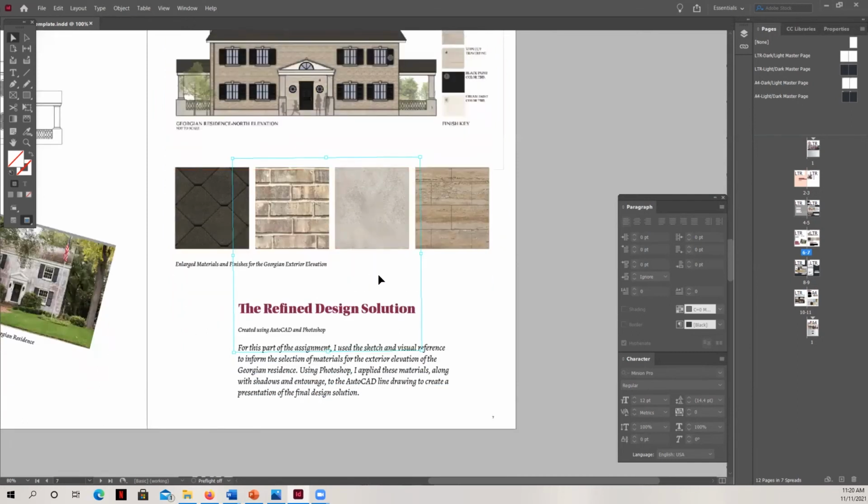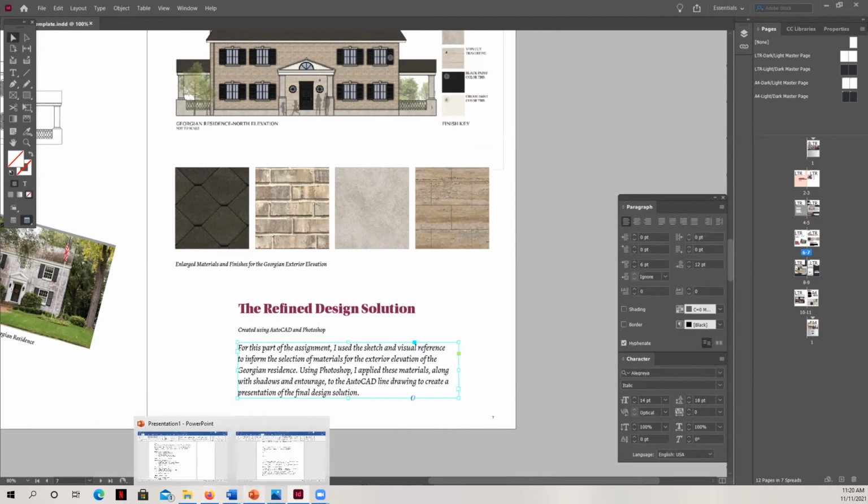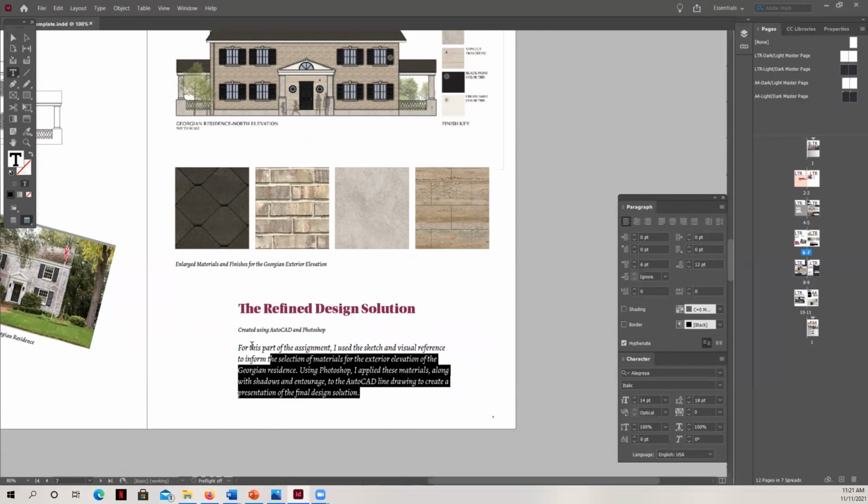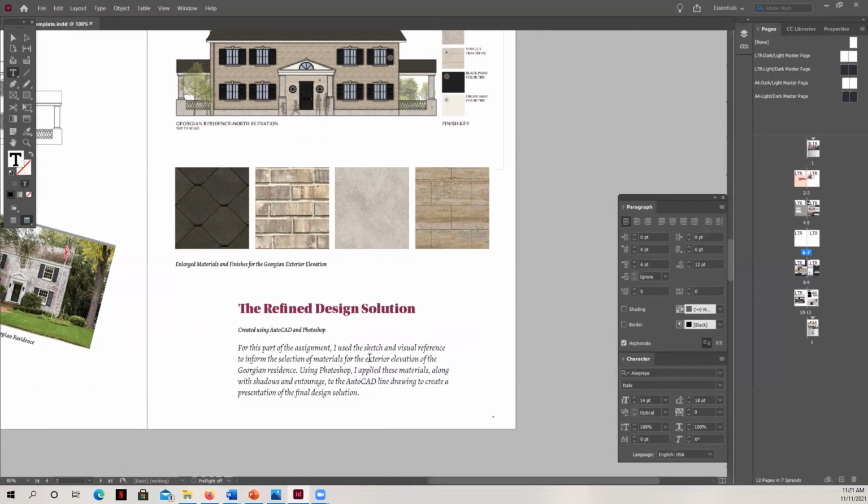The next thing I'm going to teach you how to do is copy and paste text from Word into InDesign. Now, you might think that this is not a difficult thing, but what I want you to do is just be mindful of the fact that we want to open up our Word document here, and we can click on it here, and it's showing on my other screen. You're not going to see it here, but I'm going to copy in the text that you are seeing in this section. So I'm in my Word document and I just select the text. I do Control-C for copy. And then I click on this text box and I Control-V for paste.